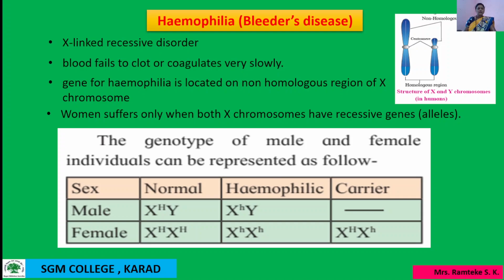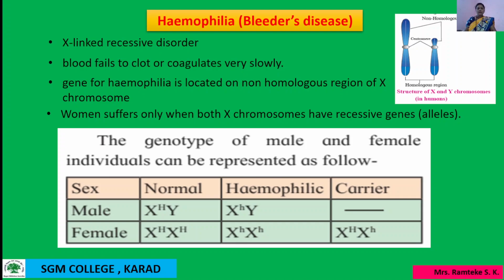In this hemophilic part, hemophilia is X-linked recessive. The dominant or recessive genes for hemophilia: the person having the recessive gene for hemophilia is deficient in clotting factors in blood. Minor injuries cause continuous bleeding, hence hemophilia is also called the bleeder disease. The recessive gene is located on the non-homologous region of the X chromosome, as there is no corresponding allele on the Y chromosome to suppress its expression.